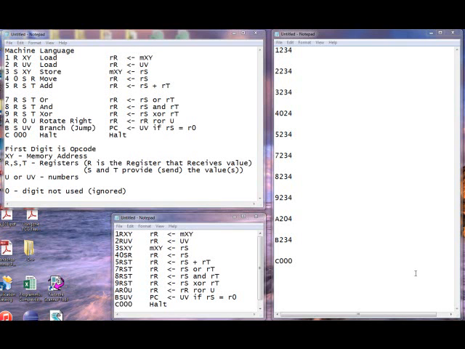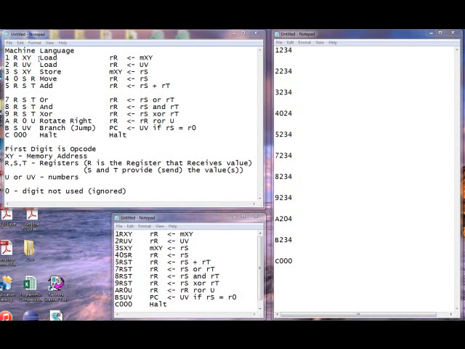This is an introduction to the machine language we're going to be working with, and what I want to do with this is to go through each one of the instructions and to give some understanding about what these instructions mean. I have over on the left-hand side here a list of the instructions we're going to be concerning ourselves